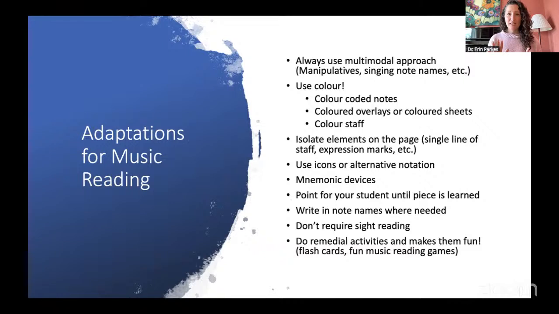So another piece there is you can use colored overlays, and I'll show you that on the next page as well. Part of it can be visual stress, and the black on white is more difficult for our brain to process when we're experiencing visual stress. So softening that by either printing it on a colored sheet or using a colored overlay that you can put in front of the sheet can help a lot.